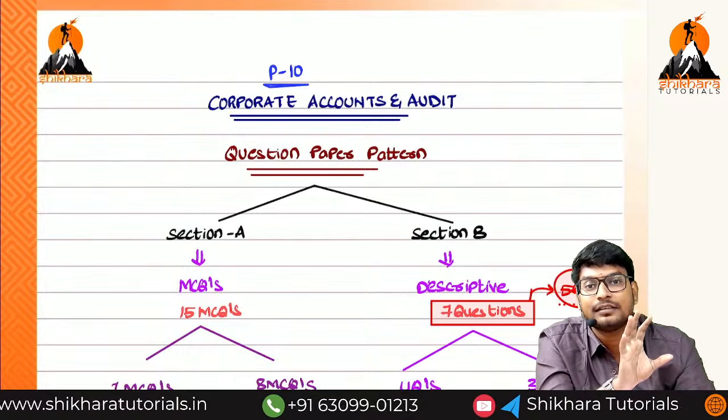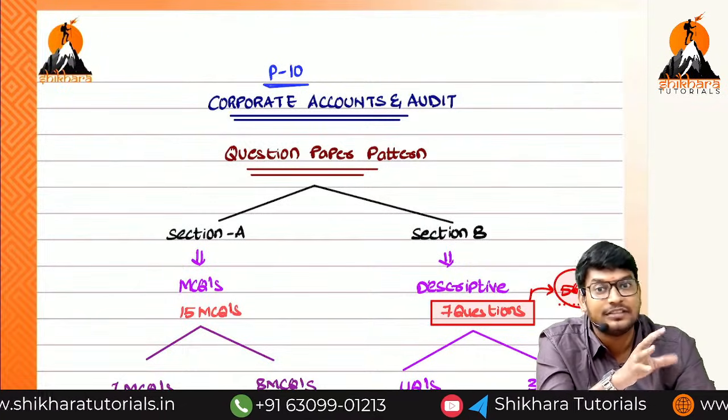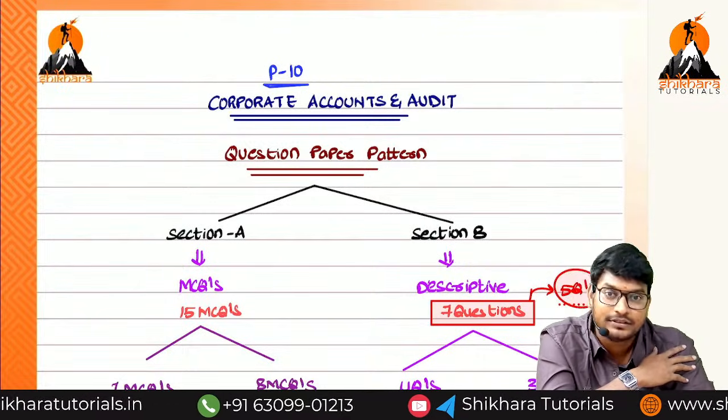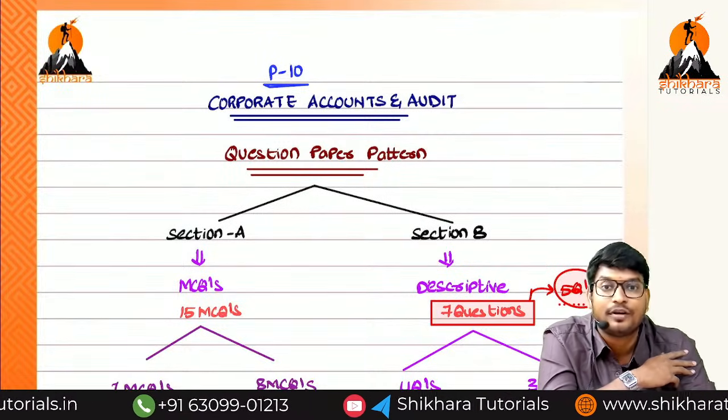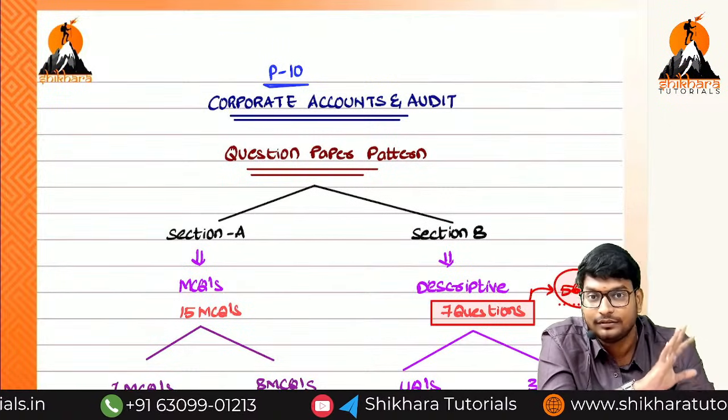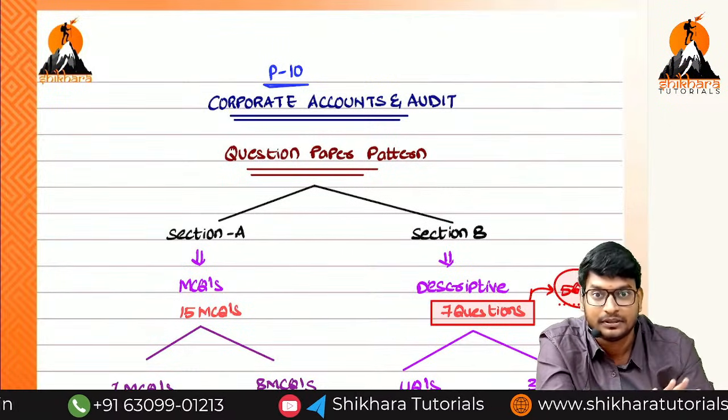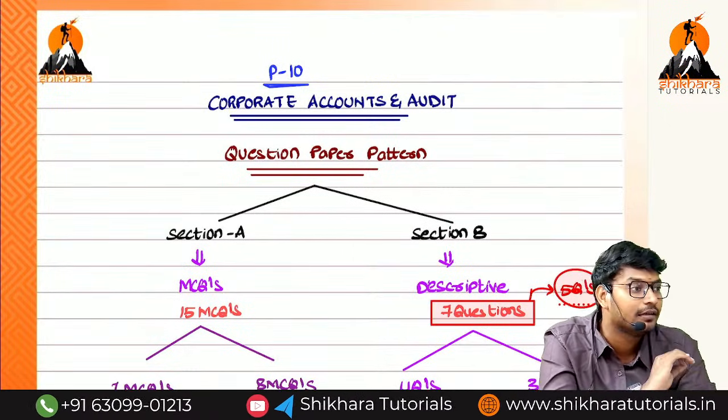Why will there be CA firms? There are no CA companies. If you go outside, CMAs are also there. So CA or CMA, there will be firms. They form only partnership firms. They should not form companies. What is the reason behind that?